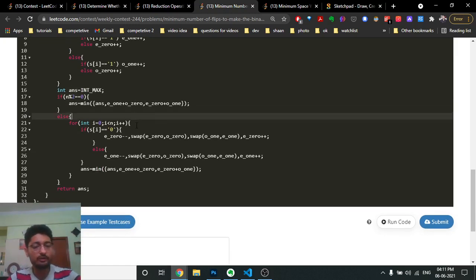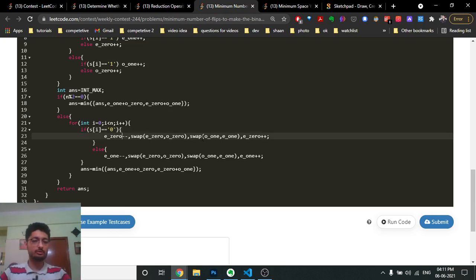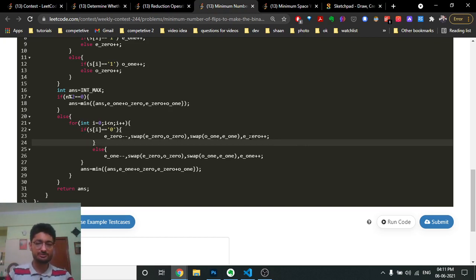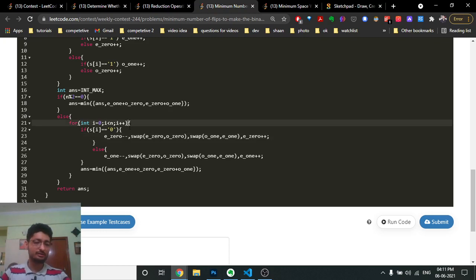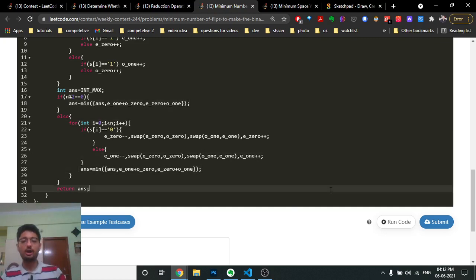If the length is odd, we iterate over it from left to right. Whenever we find a 0 at an even position, we subtract it from the even position zeros. Now we swap them, and then we add a 0 at the end again, which is an even position, so the even zeros count is added again. Else if it is a 1, it is at an even position, so one even position 1 is removed, then we swap the two positions because now they become even, and we add an even position 1 again. Now we use the same formula, because we have to find out how many ones or zeros we have to change, and the answer is the minimum among all the possible cases.